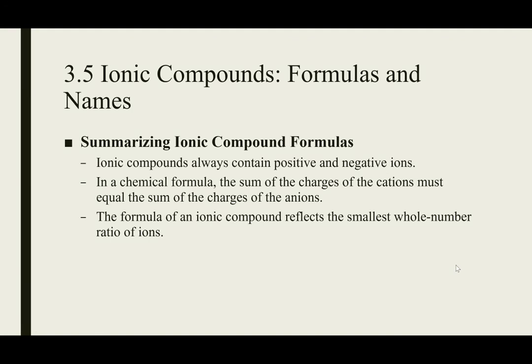As we learned in the previous lesson, ionic compounds always contain positive ions and negative ions. What's really important is that in a chemical formula, the sum of the charges of the cations must equal the sum of the charges of the anions, so that the overall charge of the compound is 0. And then, as we've also discussed, the formula of an ionic compound has to be the smallest whole number